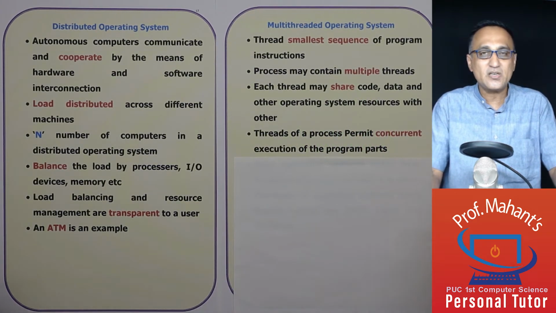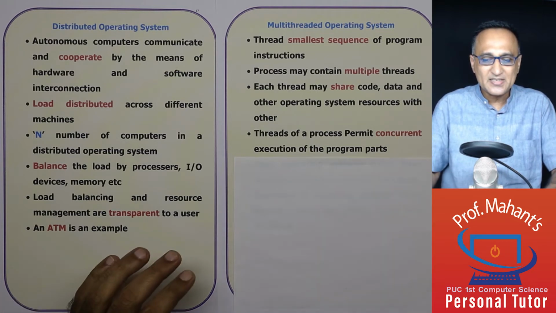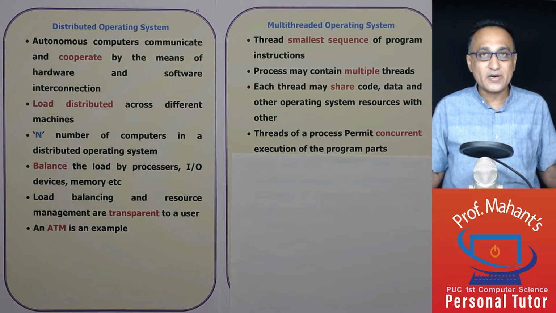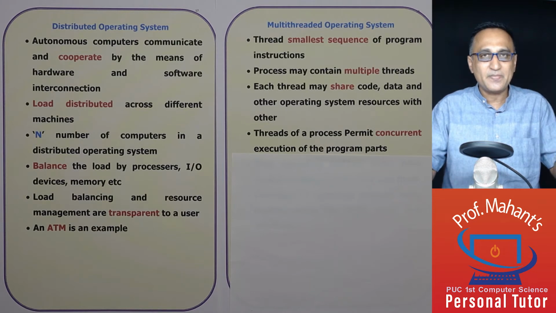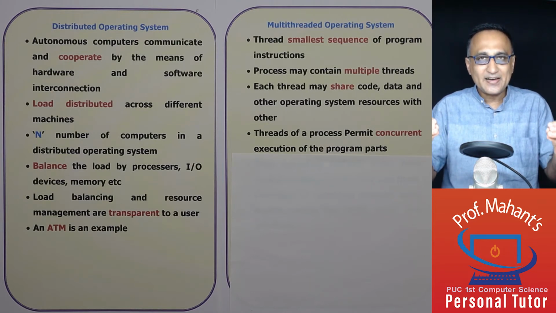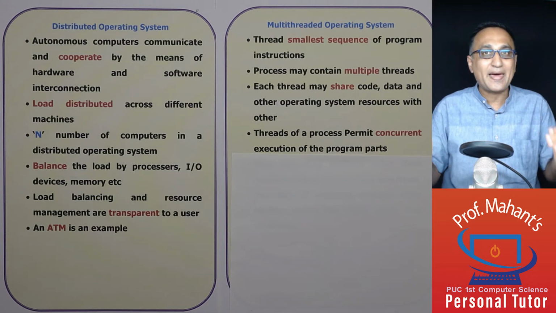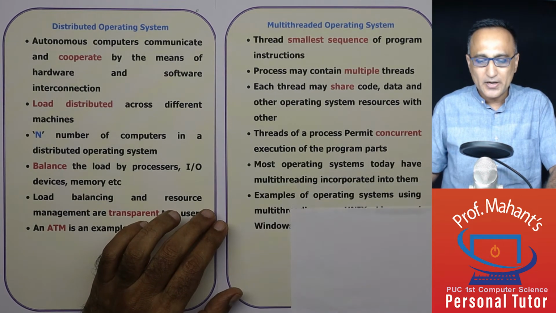That means all these threads are using the same memory available in the operating system. Now the advantage of threads is that certain parts of the program, not every part, can be executed concurrently or in parallel. For example, when I am entering data, the data is going to be entered sequentially. You're not having 10 people enter the data at the same time. It is one person entering the data at a time. But while adding, I can add 10 rows in parallel. So that is what permits concurrent execution of the program.